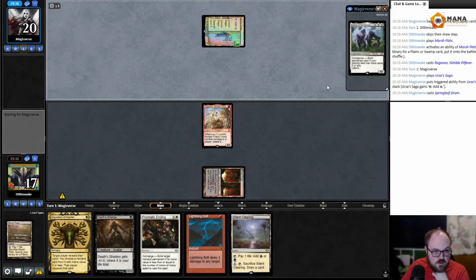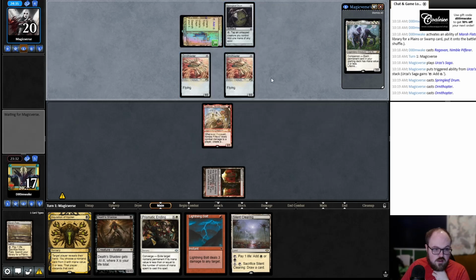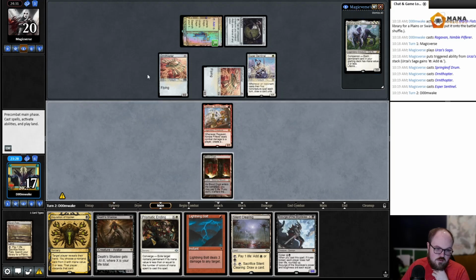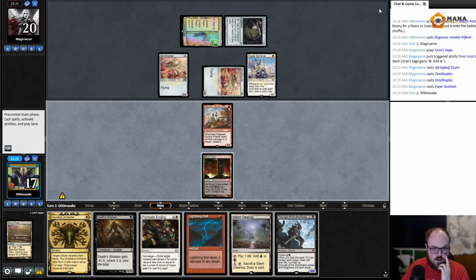See? They're not even playing... I guess they could have Galvanic Blast. So Affinity without Thought Monitor. Oh no, this is probably just Hammer Time. This is Hammer Time. I get it now. Okay. So